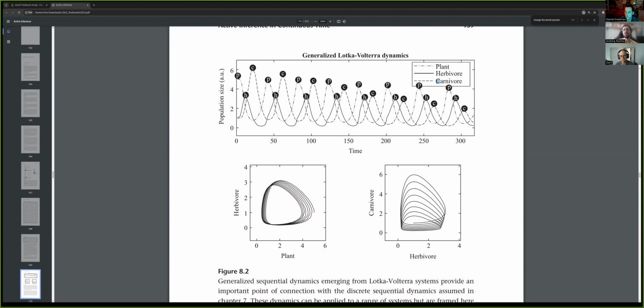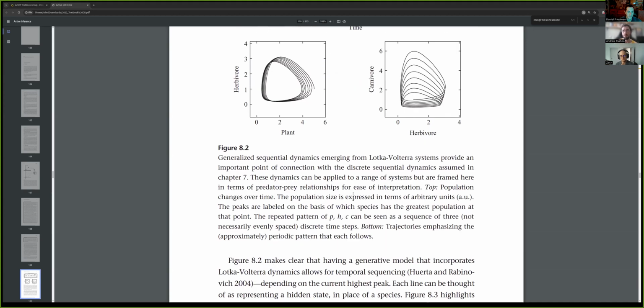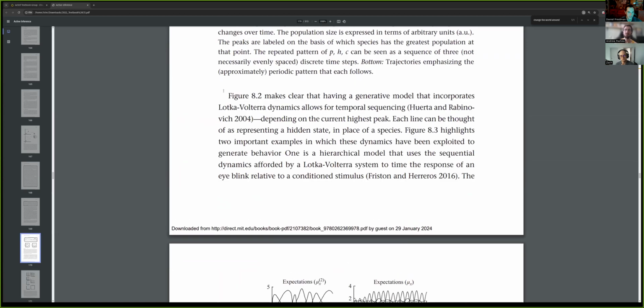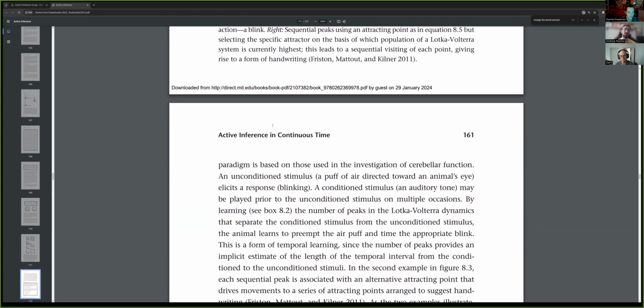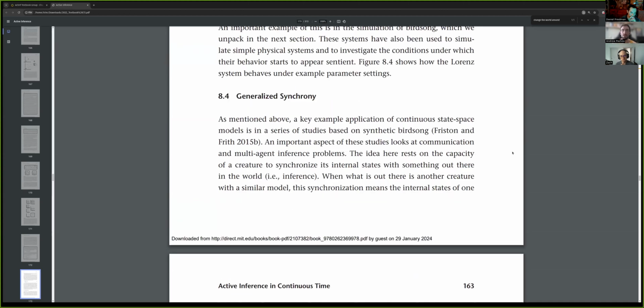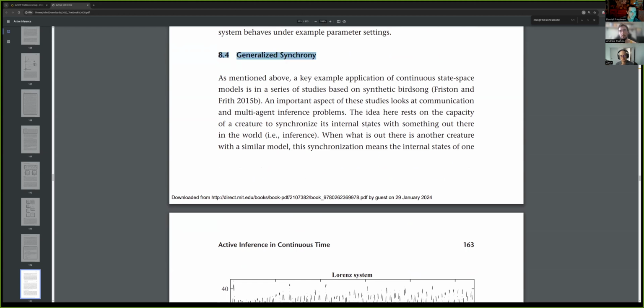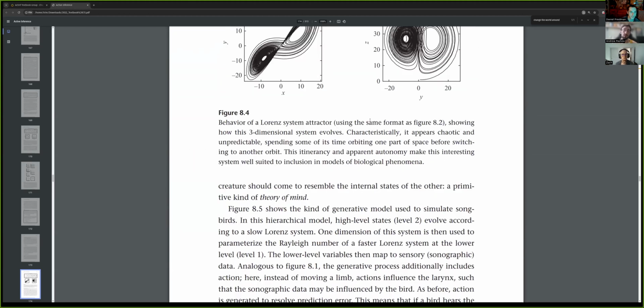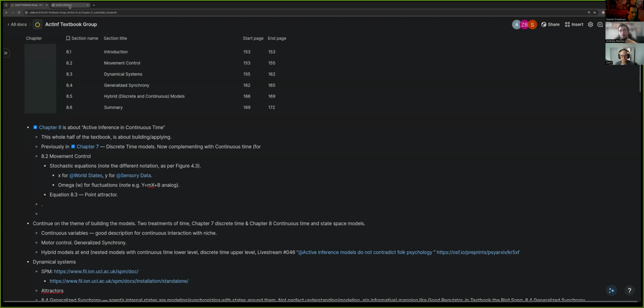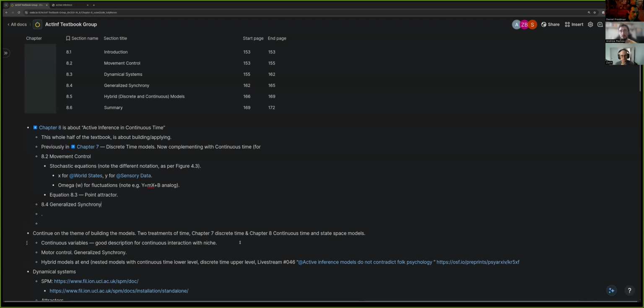We also have Lorenz systems, where we're talking about things like criticality. Then we'll skip ahead a little bit. Section 8.4, a very significant concept in active inference is generalized synchrony. They use a birdsong example for modeling to illustrate generalized synchrony. So the birdsong example for modeling communication and multi-agent inference problems. The songbirds take turns singing, so it's a kind of turn-taking problem. And it's as if they're singing from the